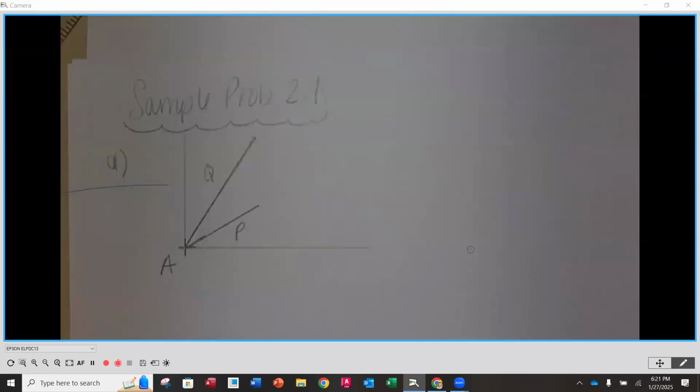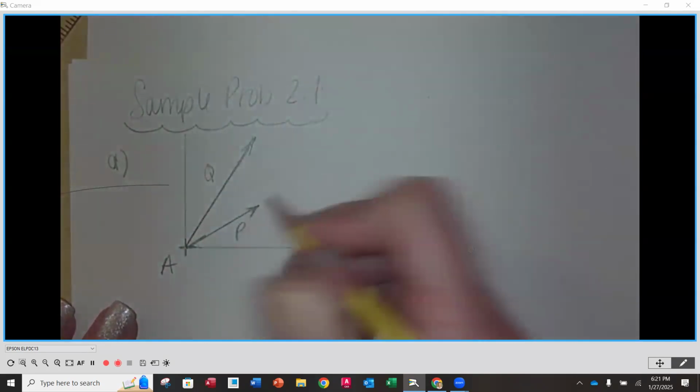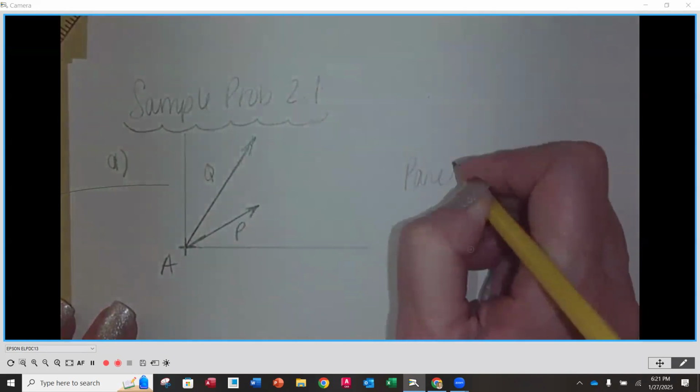So for instance, in this case, you wouldn't do the parallelogram method and the triangle method and math. You would do either the parallelogram method or the triangle method. I think it's a good idea for you to see both, and then you can pick which one you want. So we're going to put our arrowheads on the ends. Okay, so by the parallelogram method,